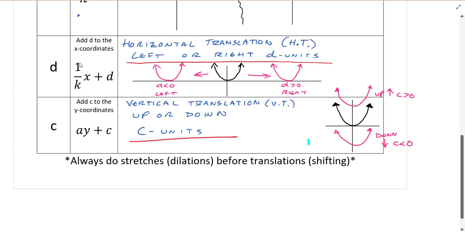So now, we got to make sure we always do the stretches and reflections first. The fancy word for that is dilations. We can call them stretches to keep it simple. And our translations second, which is the idea of moving left or right, or up